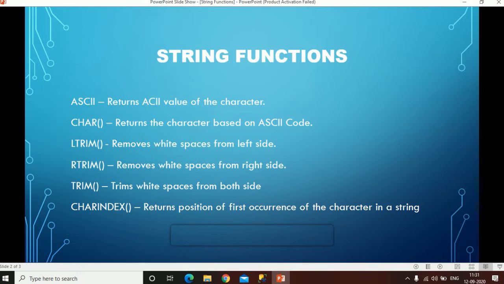Now we'll check more SQL string functions. If we want to find the index position of any character, we'll use the CHARINDEX function. It returns the position of the first occurrence of a character in a string.